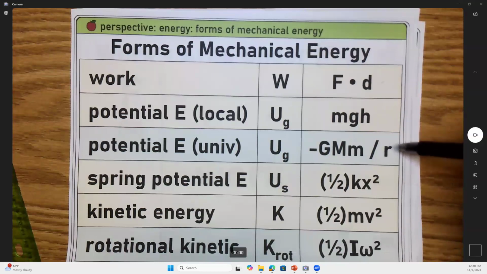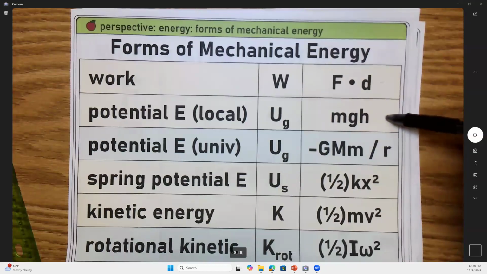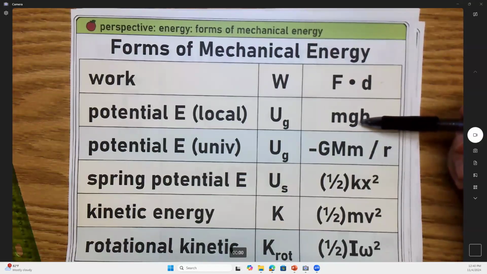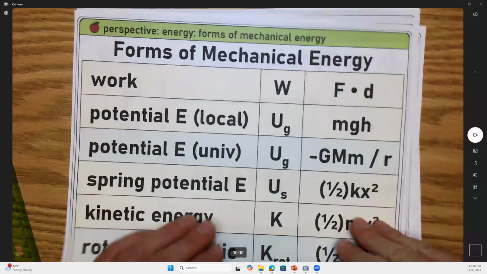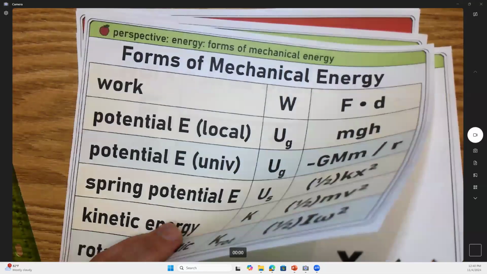But if you consider a very small change in height, it simplifies back to mgh, which, 99 times out of 100 in this class, is all you're going to care about for potential energy. If you go from the top of Mount Everest down to sea level, this g is almost constant, so you can basically call it 9.8 meters per second squared. All right, guys, good so far? Good so far? All right, so make sure I can move on to the springs here.